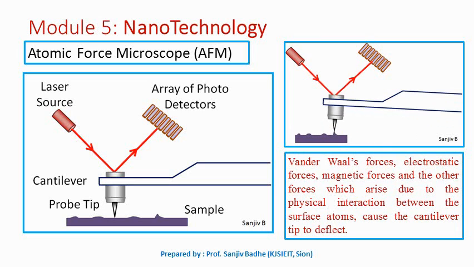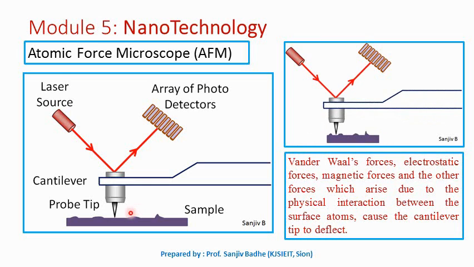The atomic force microscope works on the idea of producing an image by physically pushing a cantilever tip against the sample. The tip movement of this cantilever is analyzed and converted into a three-dimensional image of the sample surface. The atomic force microscope consists of a microscale cantilever of length around 100 angstroms with a sharp tip, which is called a probe, having a radius of around 10 angstroms. So the radius of this tip of the probe is only 10 angstroms.